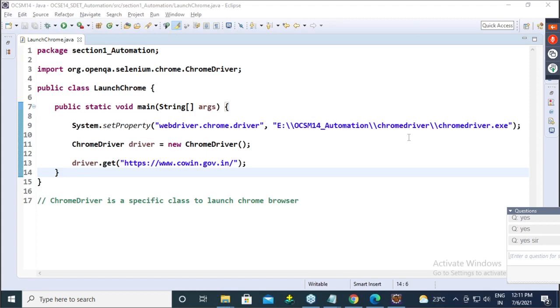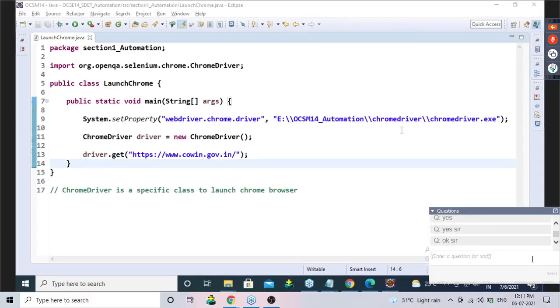Is everyone getting my point? So guys, whoever is saying going out of head, can you recall yesterday's session? I covered the WebDriver communication level architecture. Remember that?